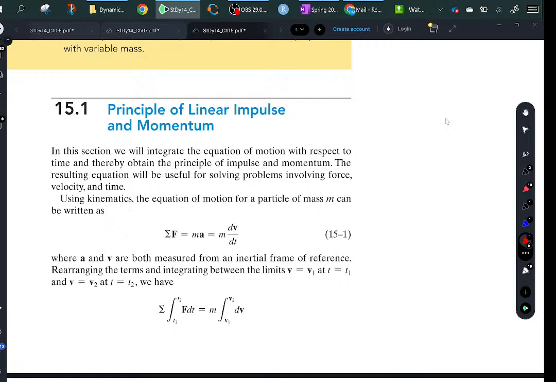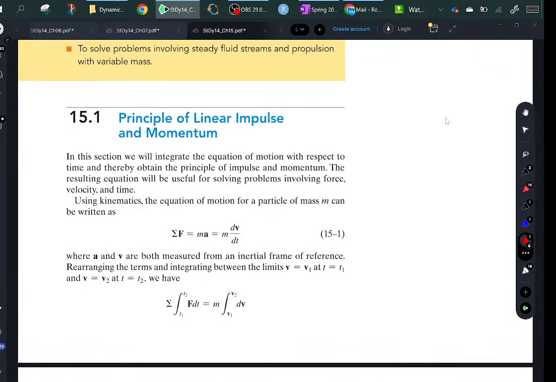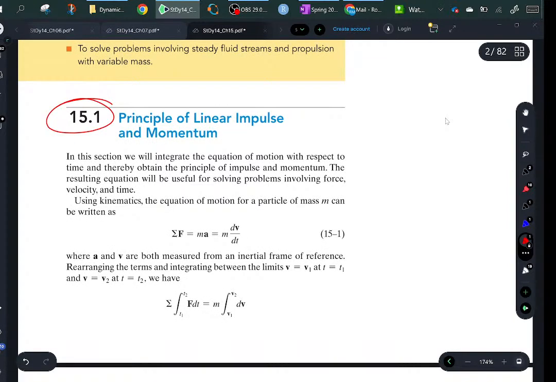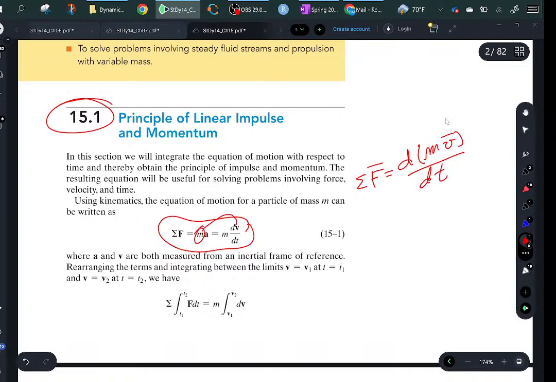Okay, this is going to be somewhat of a repeat and a coverage of all of chapter 15. I started the other day talking about some of the forces. Actually, this m should be inside the derivative because you can change the mass. In any case,